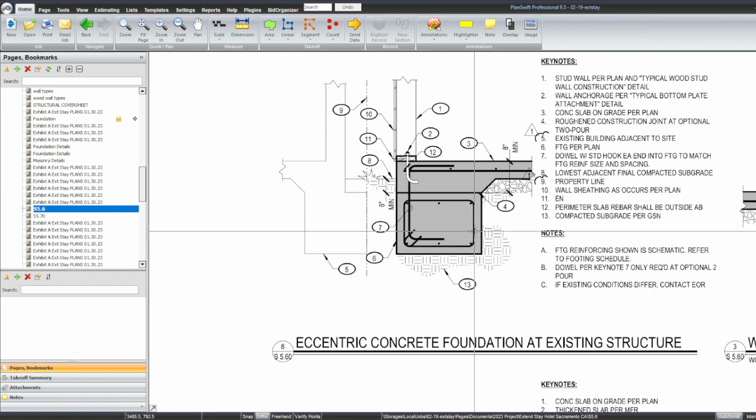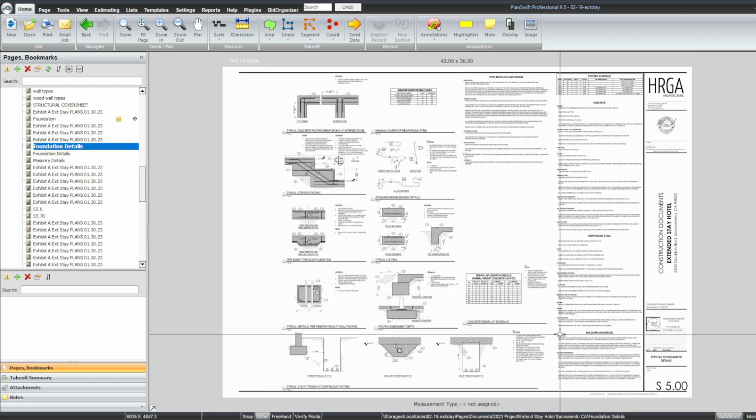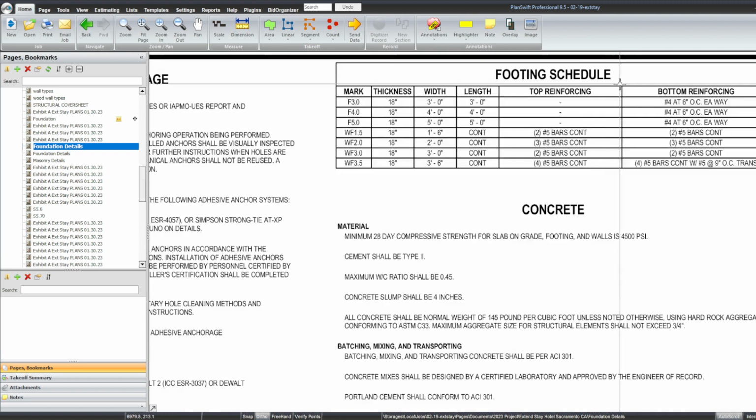So the footing schedule is gonna tell us, because this is giving us no dimensions. It's just telling us how it's built. Let's find the foundation details. Footing schedule. Okay, so that would be